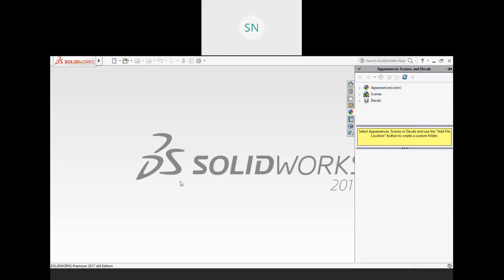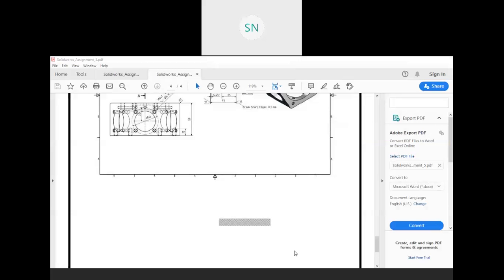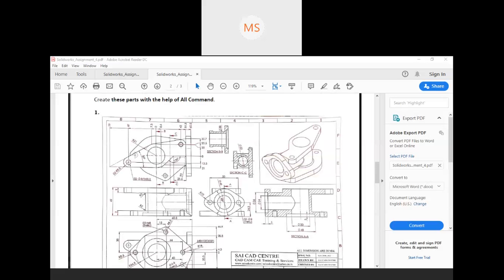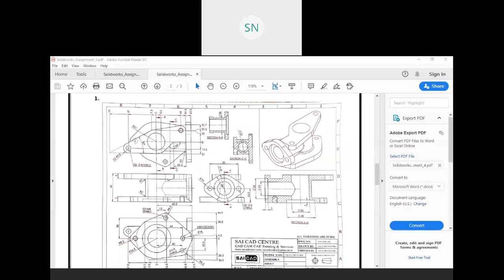So here I am sharing my software screen. I hope it is visible now. And also our assignment screen. So please confirm that both the screens are visible now. Yes, sir. Okay. In this assignment, we have one object, and